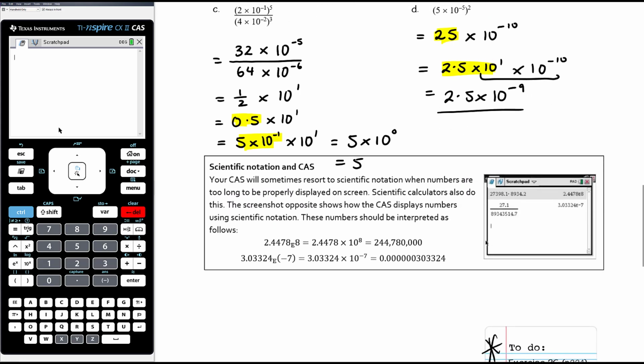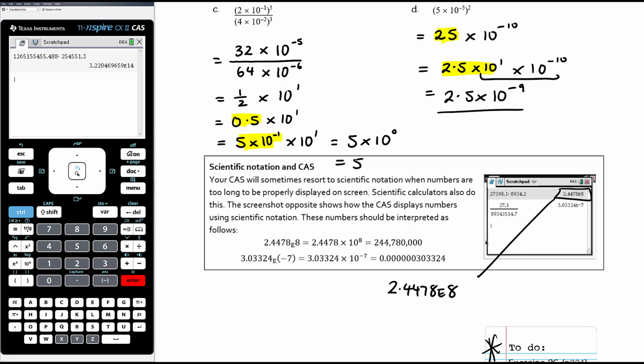Just to note, your CAS will sometimes resort to scientific notation when numbers are too long to be properly displayed on screen. We actually see it quite often in the graphing screen. And scientific calculators also do this. And so the screenshot opposite shows how the CAS displays numbers using scientific notation. So if you were to multiply together, depends a bit on my settings here, two quite big decimal values, my CAS uses scientific notation to express it. It uses a little e, okay? And it's not broken, so you can see it over here. The number we've got there is